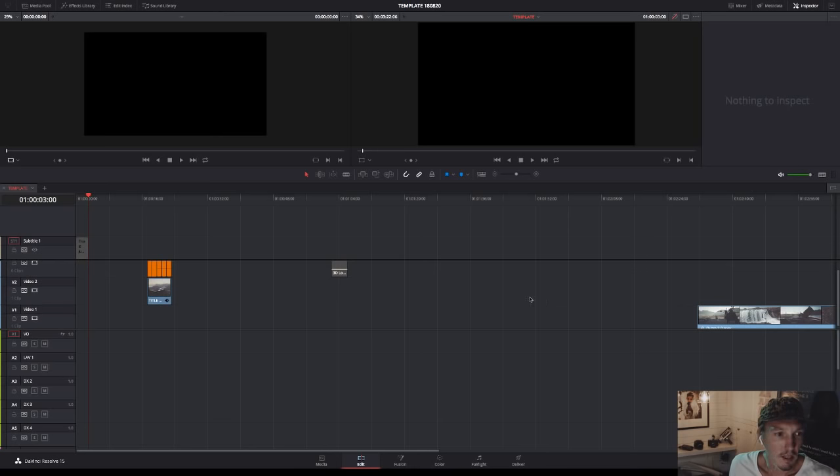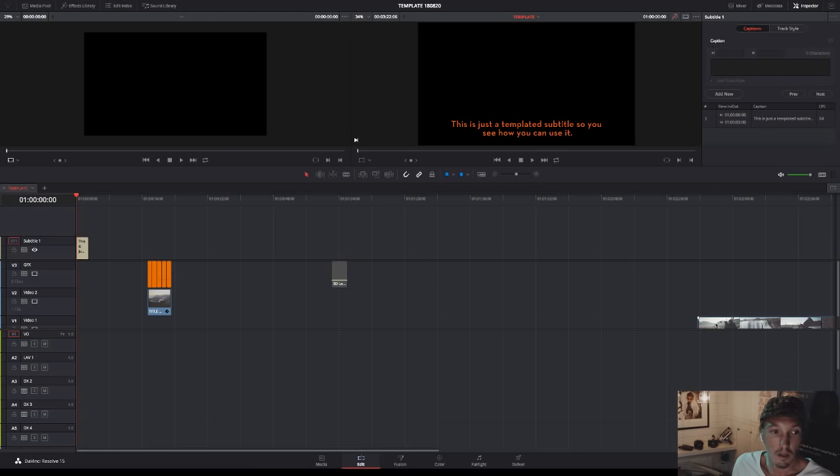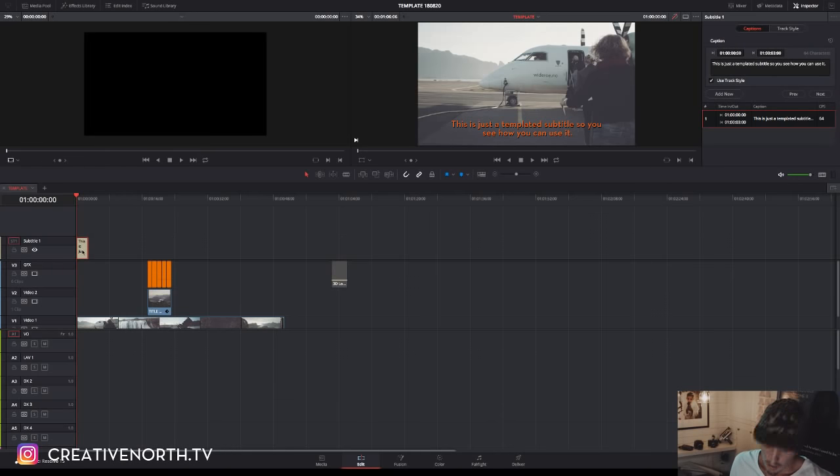What else do I like about the editor that's new? It's not that much. Subtitles is new, which is kind of weird that it took so long, but I just like the implementation of the subtitles, because if you have the subtitles here, and let's just drag some video here, you can actually just by having more than one of these,